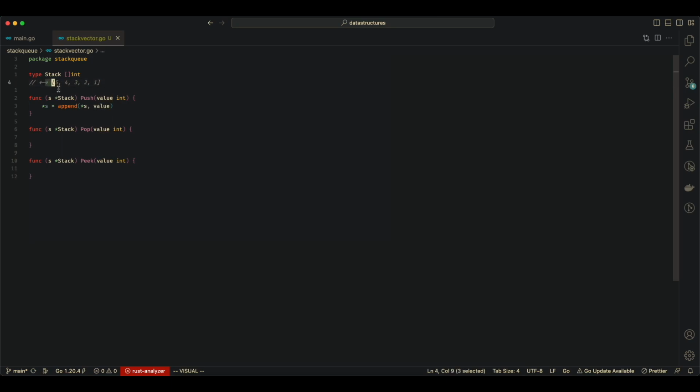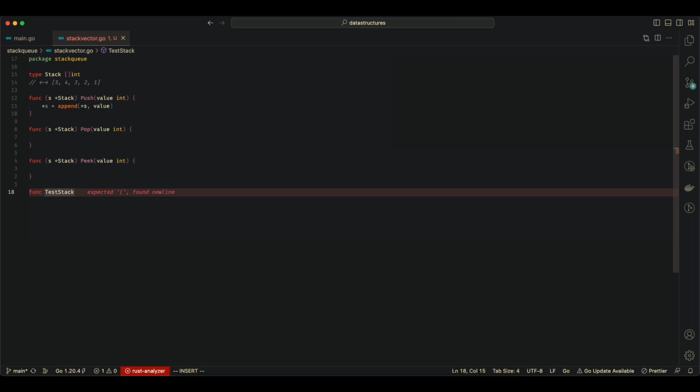So it would push a new value to the stack. And if we don't use pointers here, it wouldn't modify the underlying slice, the stack slice. The stack is basically a slice of ints. And if we want to modify this, we'll need to pass the references to them and update the reference, and use the reference to update our stack instance. So that's how that would work. So let's implement